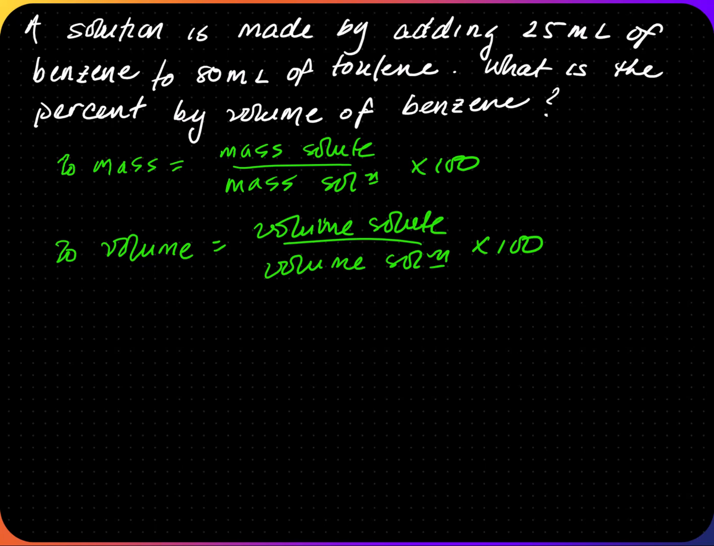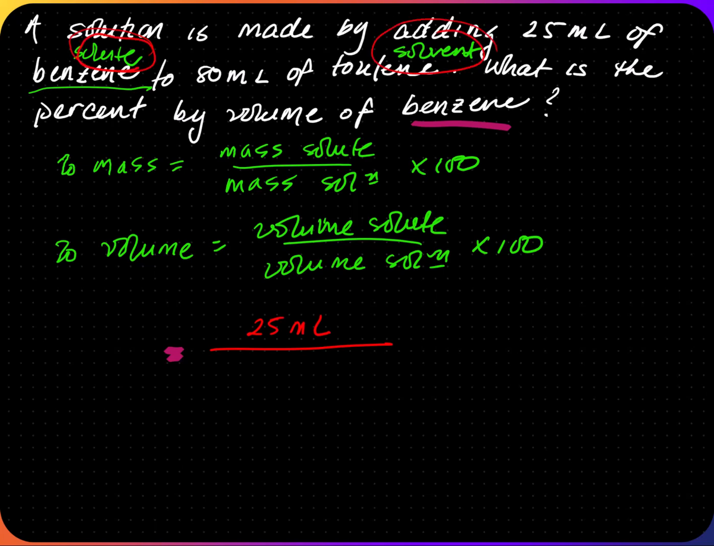So here we have 25 ml of benzene that is going to be added to the toluene where there's 80. So that tells you the benzene is my solute, my toluene is my solvent. So we are looking for the benzene, so we know the volume of the solute. The volume of the solute is going to be 25 ml. My volume of the solution is the volume of the solute plus the volume of the solvent. So this is going to be 25 ml plus 80 ml times 100, which equals